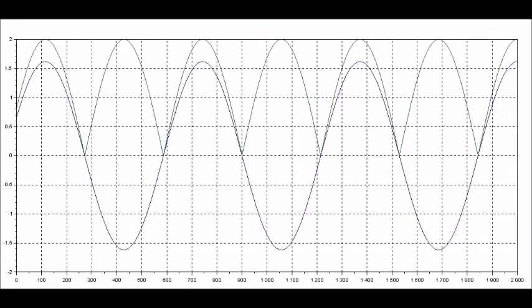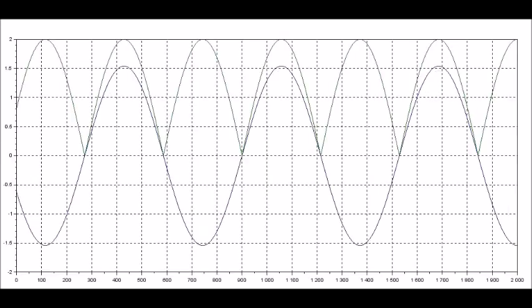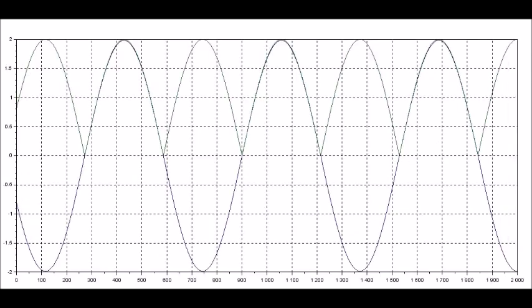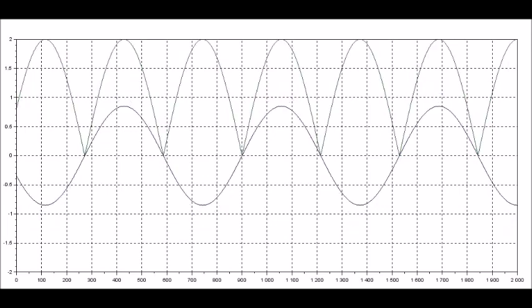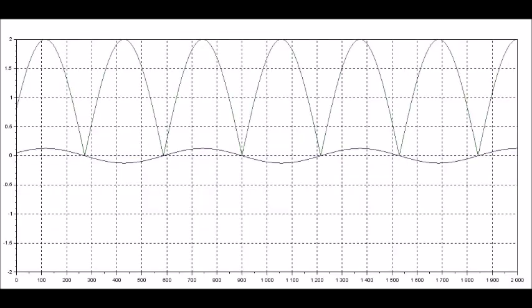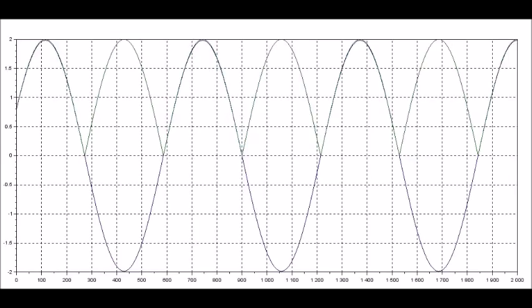This is a simulation of the voltage waveform on a transmission line for k is equal to 1. So when k is equal to 1, as you know by this time, it is a case of 100% reflection from the load side, which means that the load is open circuited. And you can see that the voltage waveform, the blue waveform here, that is the actual voltage waveform, how it actually looks on the transmission line.